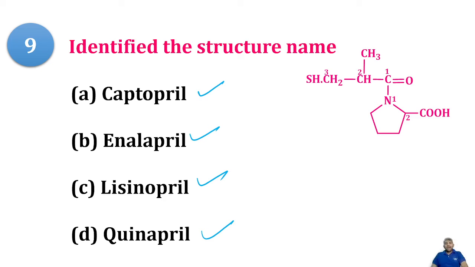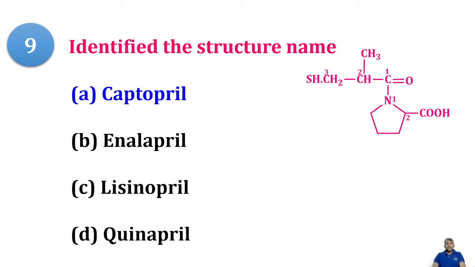Captopril and enalapril are the two active drugs. The other drugs are prodrugs, which become active after being taken. So the given structure is captopril, the prototype drug